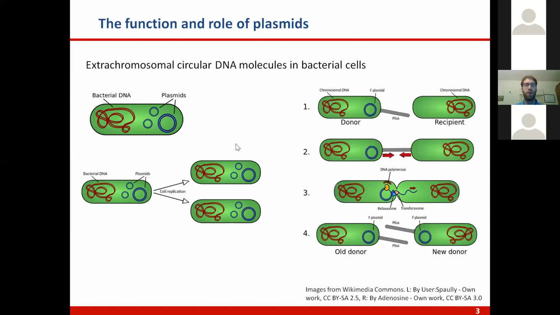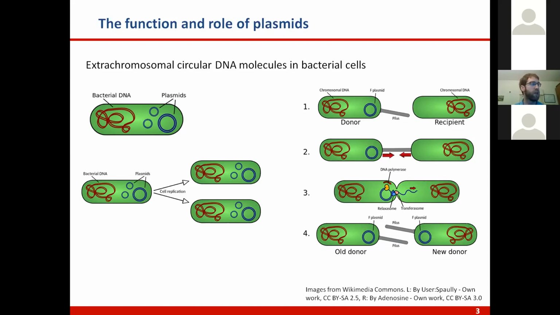And they're interesting for a number of different reasons. First of all, certain plasmids can actually be transferred among bacterial cells, so they encode genes which enable them to build this conjugation bridge between different cells, and then they are replicated. A copy of them is replicated and transferred into the recipient cell. And so in the end, you end up with two cells which now both contain a copy of the plasmid. And in this way, plasmids are spread throughout a bacterial population. This is called horizontal or lateral transfer, and it is one of the main mediators of horizontal gene transfer among